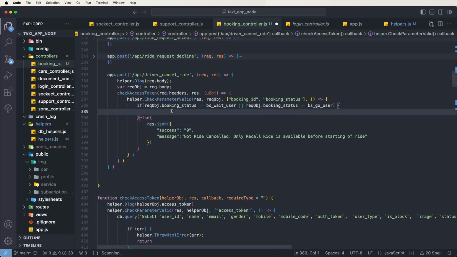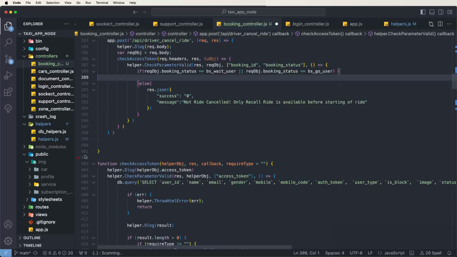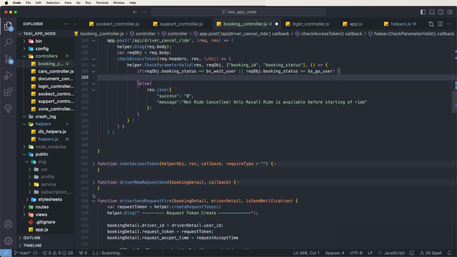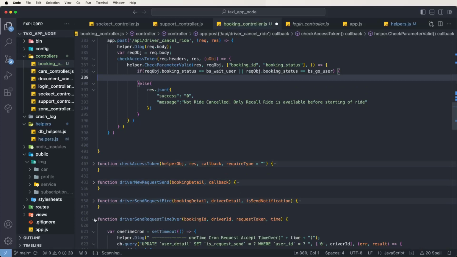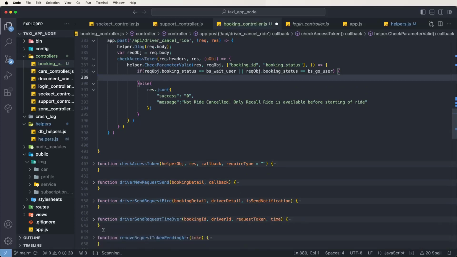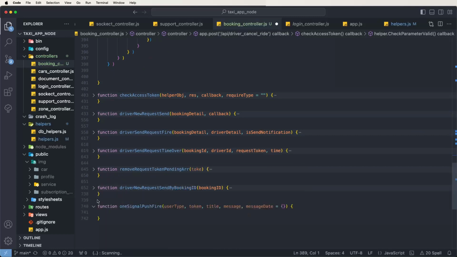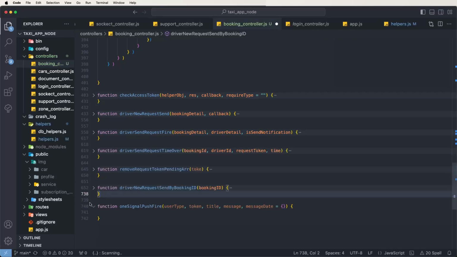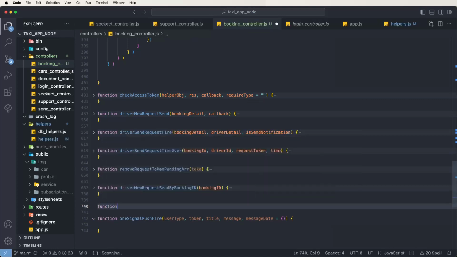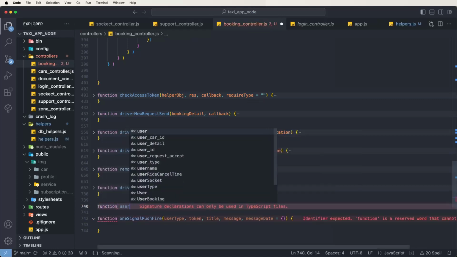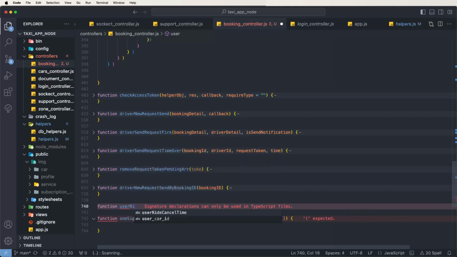Now we need to write down one function for the ride cancel, a common function we need to develop, and the same function needs to be used for the driver app. The user app and driver app both need to call the same function for canceling these rides. We need to create the user ride cancel function, write down the function and give it the name user ride cancel, and pass the parameters booking id,